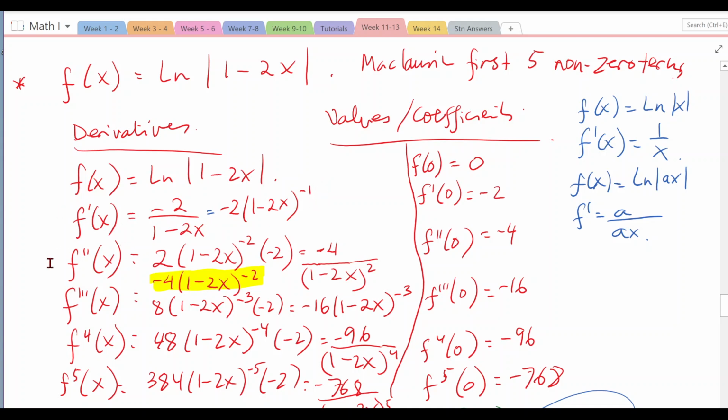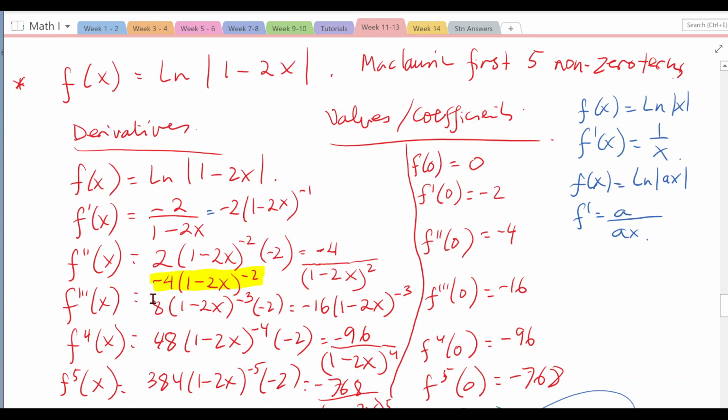After the first derivative, continue with the second derivative. Multiply negative 1 by negative 2 to become positive 2, times (1 - 2x) to the power of negative 1 minus 1, which is negative 2. Don't forget we have a negative 2x inside the bracket, so you have to take the derivative of that, which is negative 2. So the total becomes negative 4, all over (1 - 2x) to the power of 2, as shown here. So that's the second derivative.